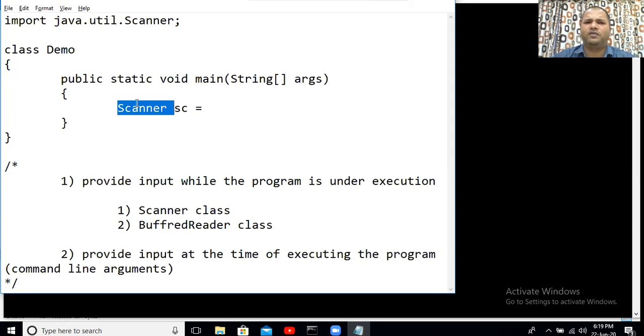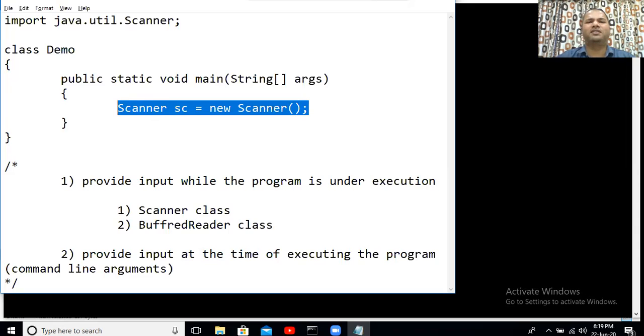Still, in order to make things easier for you to understand, whenever you create an object of a class, you first specify the name of the class, then the name of the object, then you use the equal to operator, then the new keyword, and then the name of the class once again, followed by a pair of brackets. This is the syntax to create an object of a class in Java.